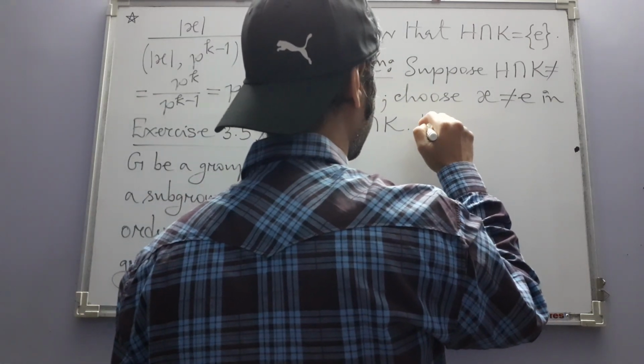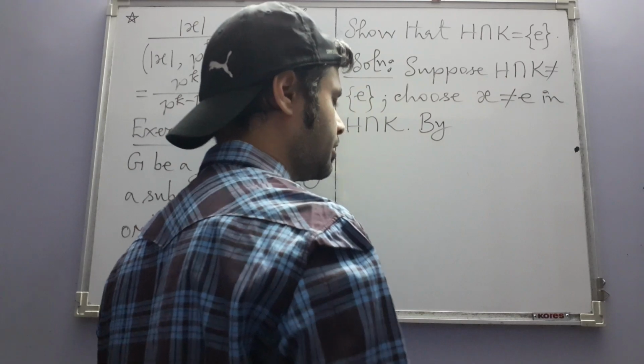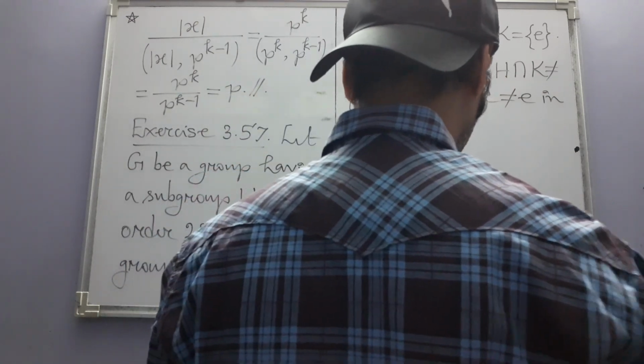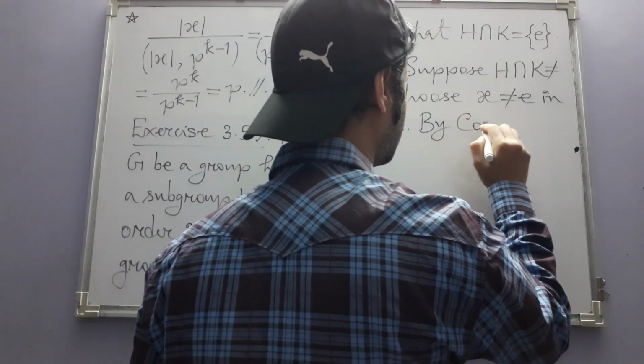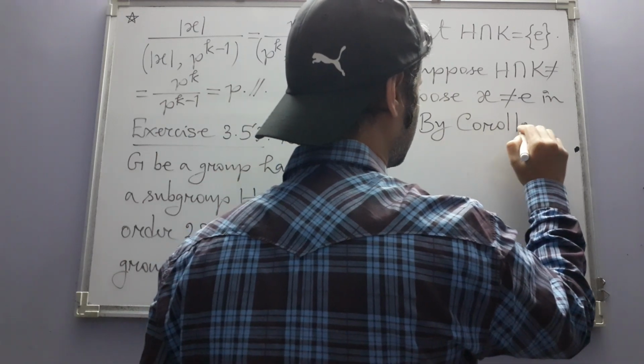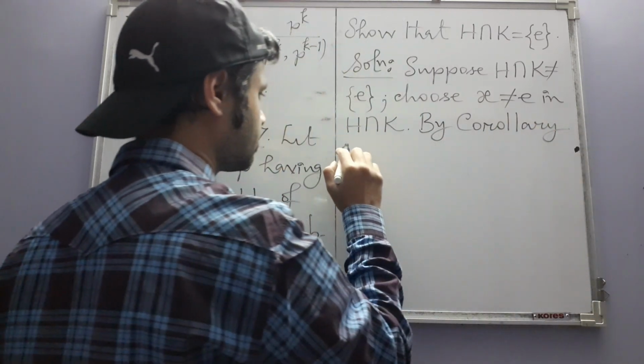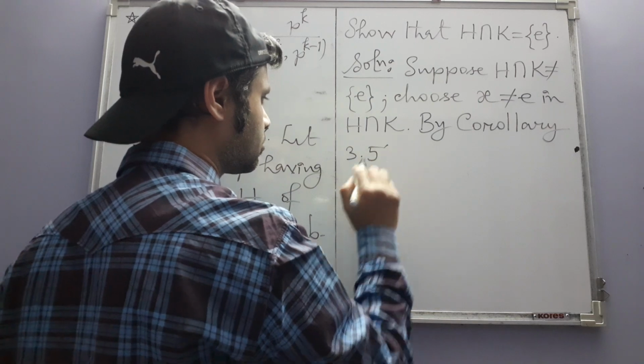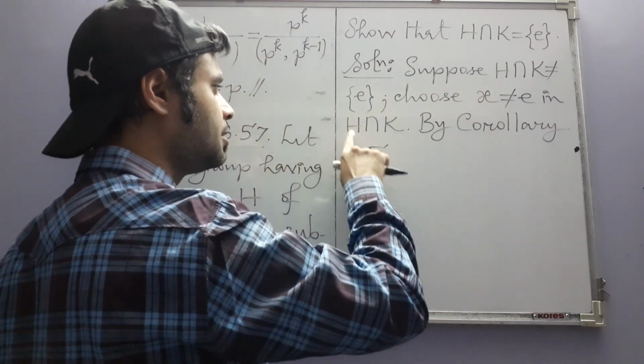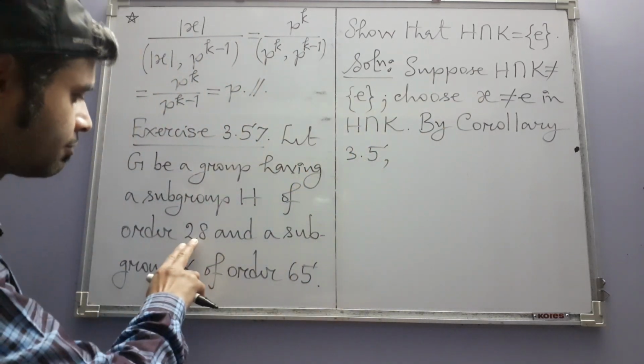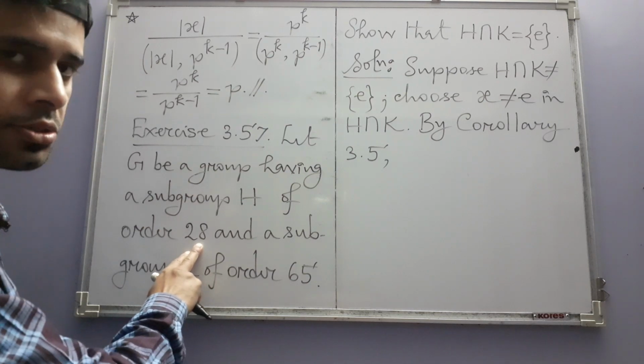So by that corollary to Lagrange's theorem again, what was that corollary? (3.5) Since X is in H and H is after all a finite group whose order is 28,